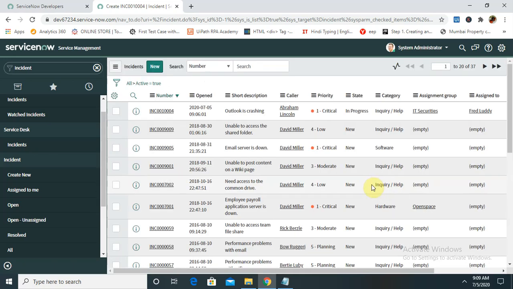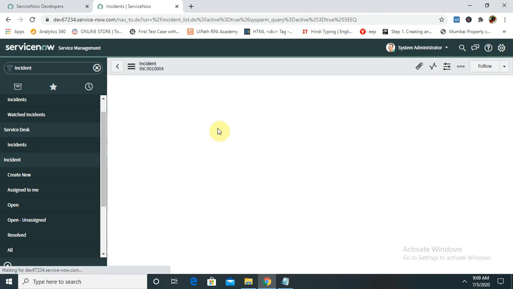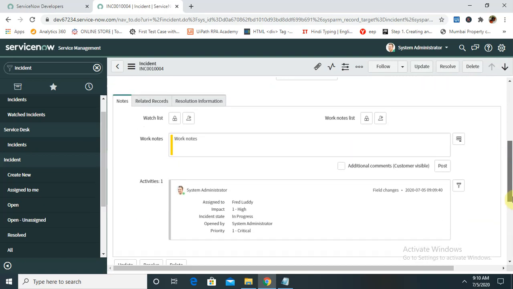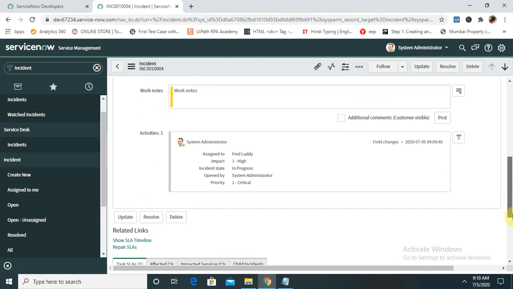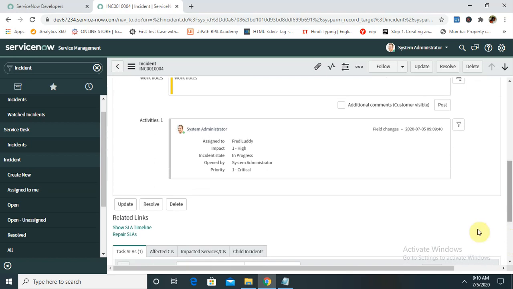After hitting submit, your incident will be created, and if you want to have a look, you can just preview or click on this. You are able to see all the details which we have mentioned. This is created by the system administrator and assigned to Fred.